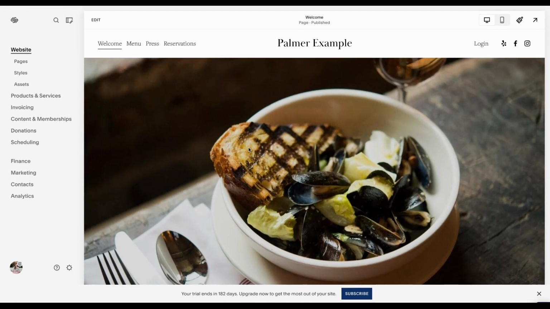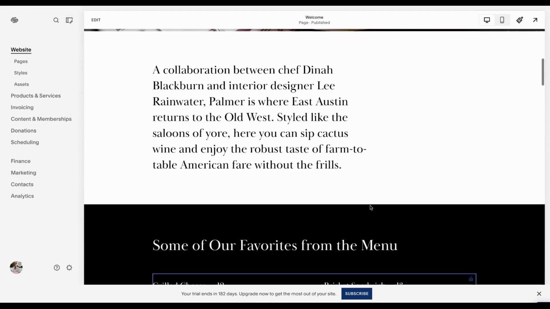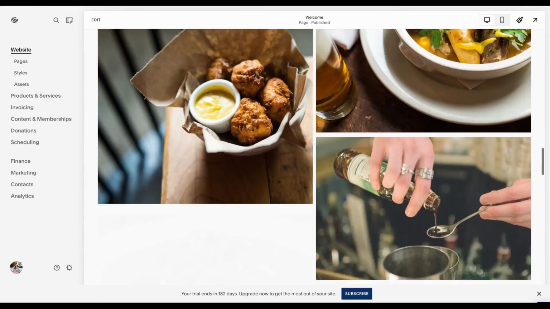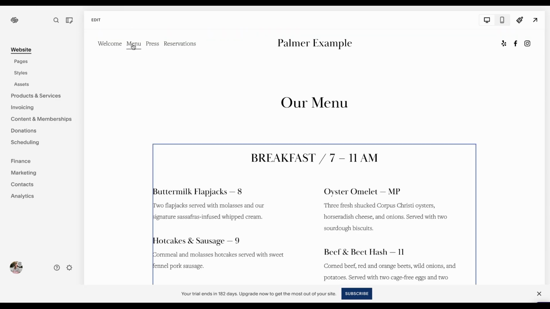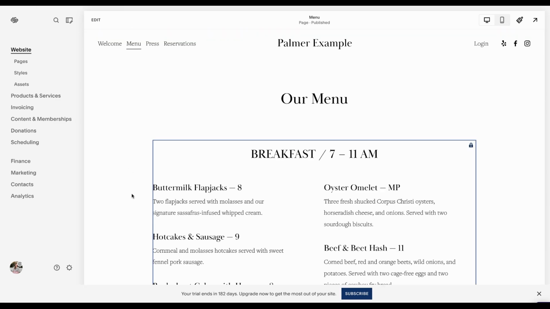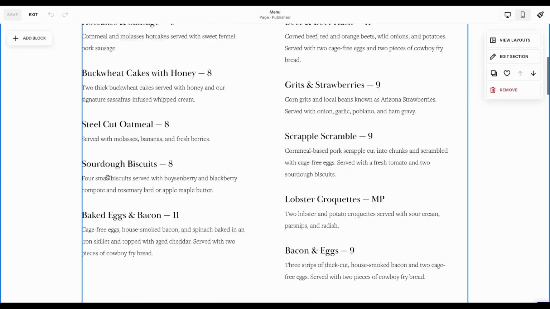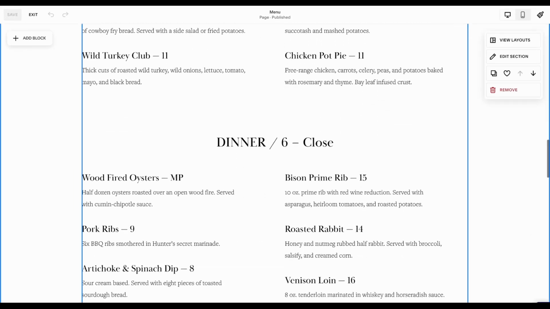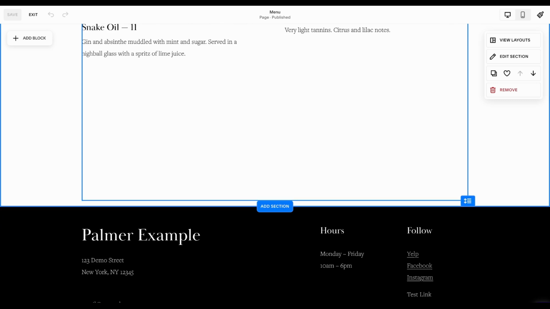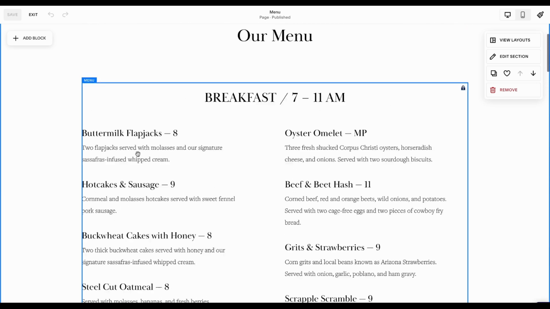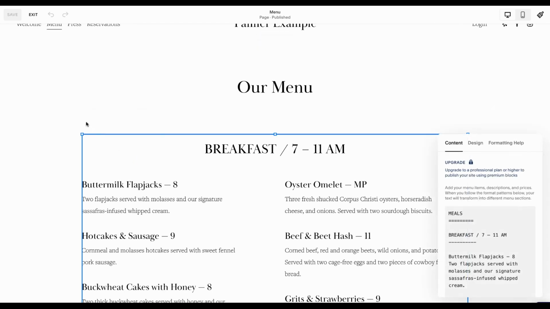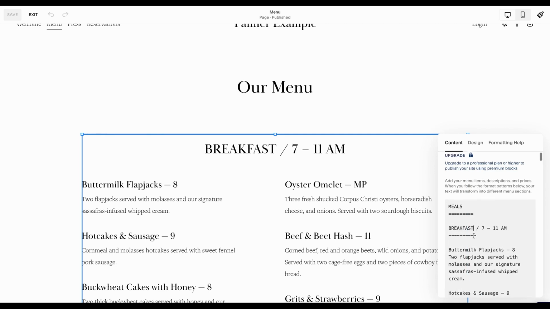So that's a quick rundown of how to replace all the template material on the home page with your own stuff. Let's go over to the menu. This is going to be very similar to what we just did on the home page. If you click edit, you can see here they have all sorts of menus here. If I click into this little pencil icon here, you can see they've got some more formatting here to separate out their breakfast